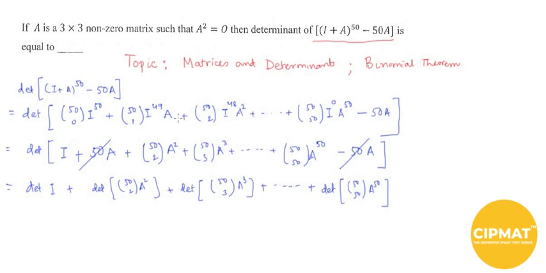Now A square is 0, so determinant of this will be 0. Similarly, A cube can be written as A square times A, and that is nothing but 0. So this will also become 0, and all the other subsequent terms will be 0. So what we are left with is determinant of I, and determinant of I is equal to 1. So the answer to this question will be